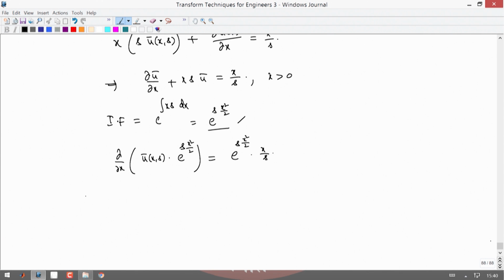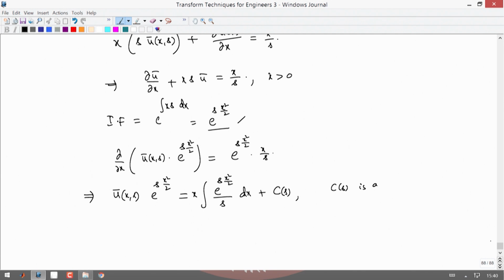So, you integrate both sides, and you get u bar of x s times e power s x square by 2 equal to the integral of x e power s x square by 2 by s dx plus some arbitrary constant, or rather an arbitrary function,